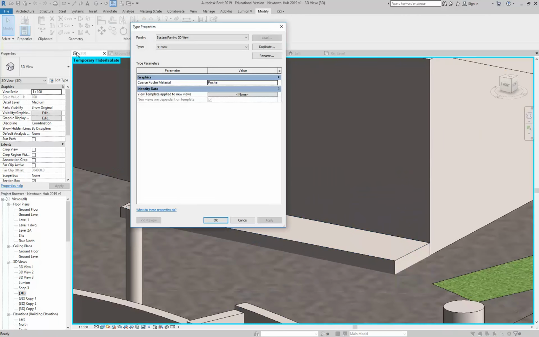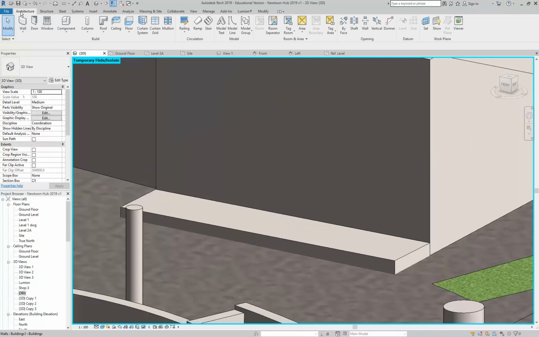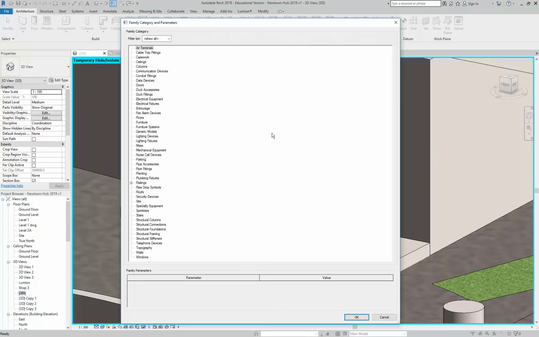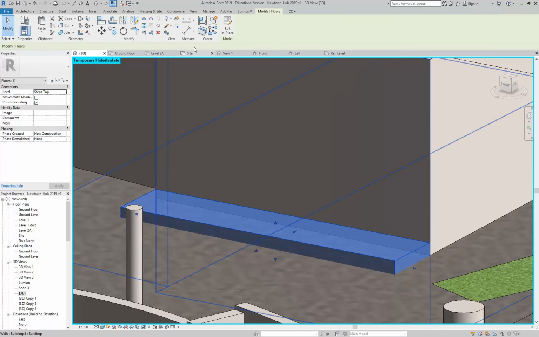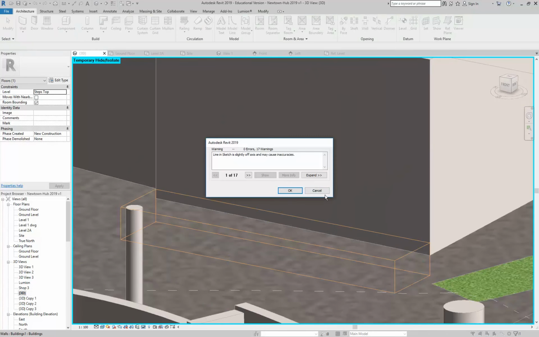So I'll go back to... I'll just do it with model in place. Okay, so to do a sweep, model in place, and again I'll use floors because that's what the other one is. So in fact, what I should be doing is editing this one because that's already a floor. So I'll go to edit in place, and I'll add to it